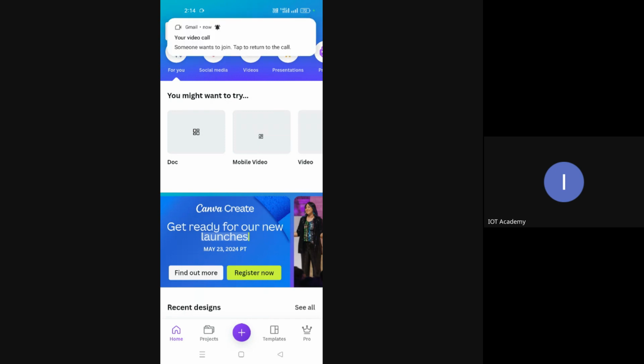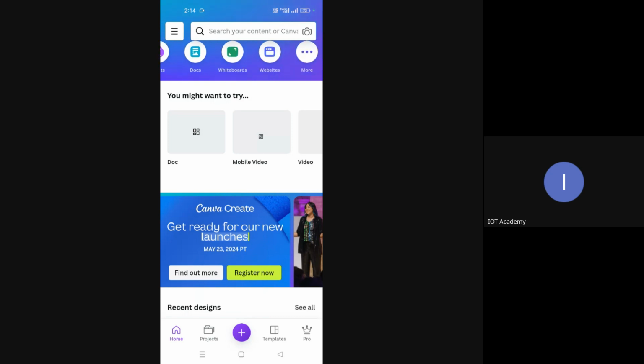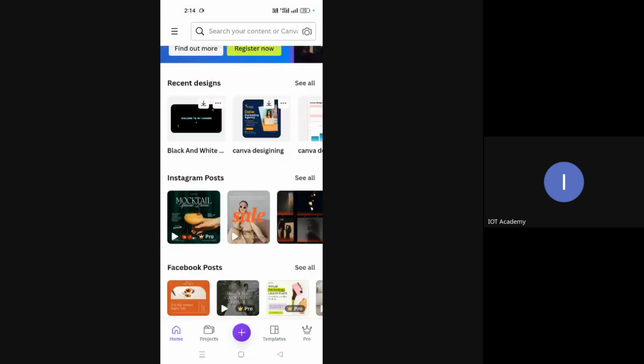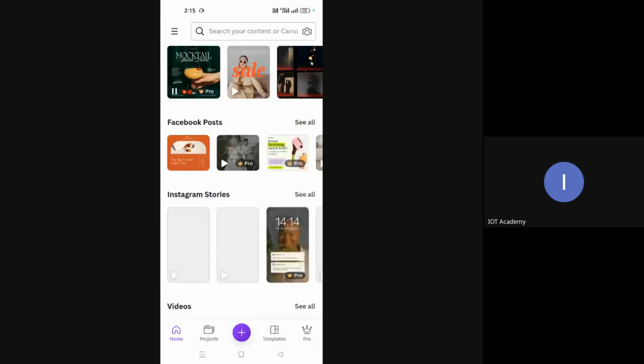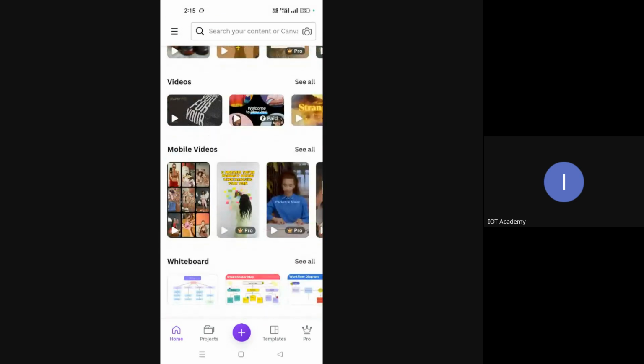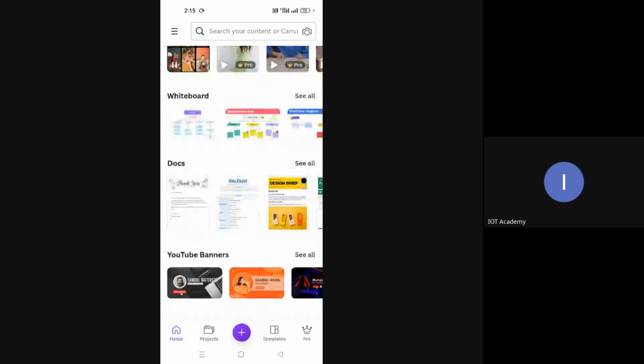We end up seeing a lot of Instagram posts, social media posting, YouTube channel videos, etc. All these you can edit with the Canva application. Most YouTubers use Canva to design the popular thumbnails, Facebook posts, Instagram stories, and mobile videos.